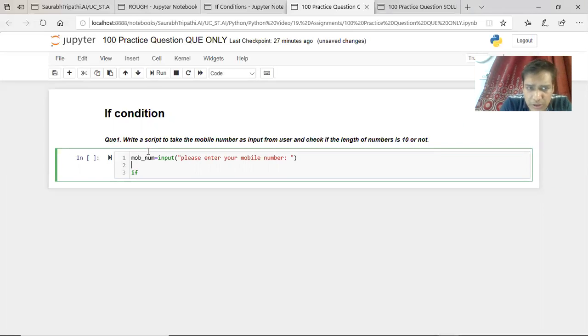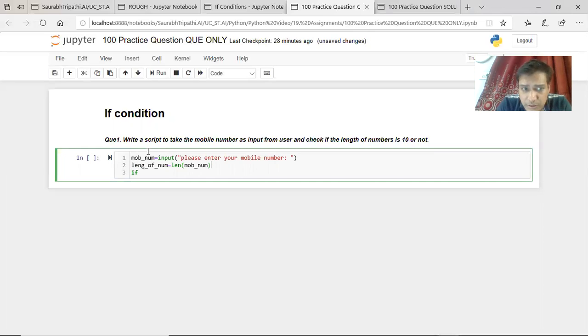Whatever input you're taking, you check the length of the number. Okay, and to do this, you simply use len.